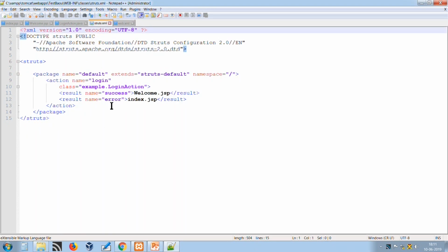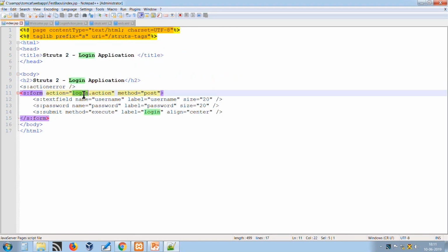The struts config file has a default package, and under the package tag there is an action tag, and the action tag contains a number of attributes like name and class. These attributes indicate which actions are to be fired. So, based on the login, see here, this is the login action. It matches that yes, the login action is required.